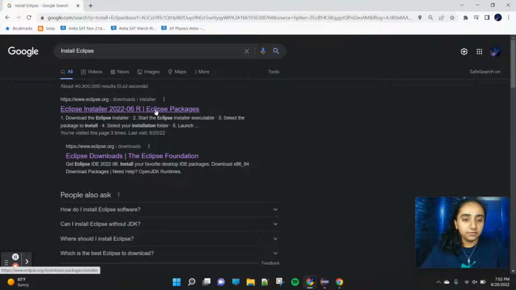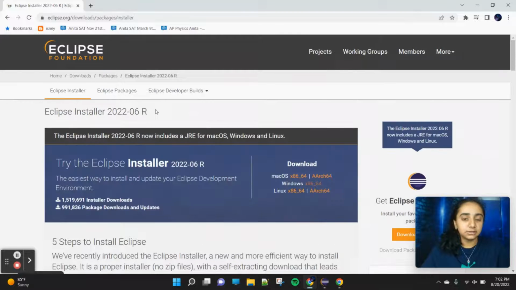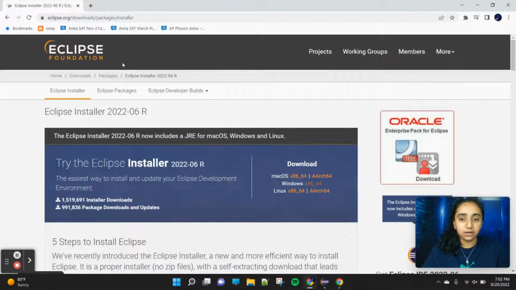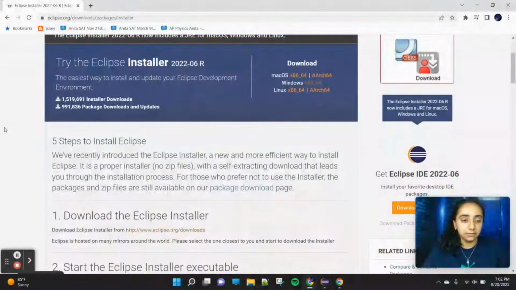We're going to click on the very first link that comes up. Luckily, this link is like an instructional website along with the website where you can download Eclipse. If you have Windows, this is going to be pretty normal. And if you have a Mac OS or a Linux operating system, the only difference is that you're going to have to unzip the file once it downloads. Because I have Windows, I'm just going to demonstrate how to do it that way. But again, if you have another operating system, make sure you unzip the file after downloading it